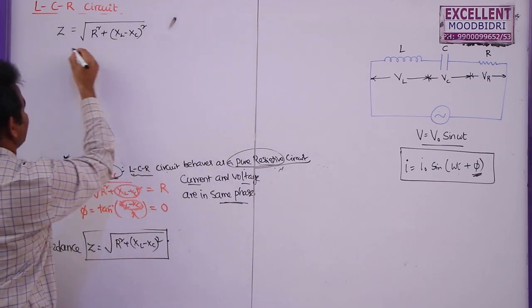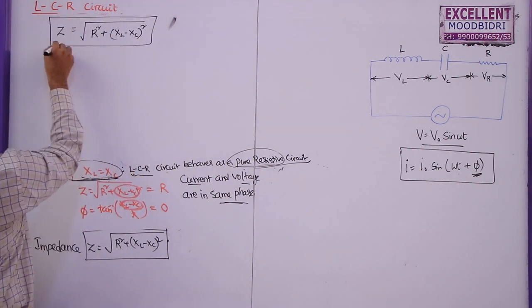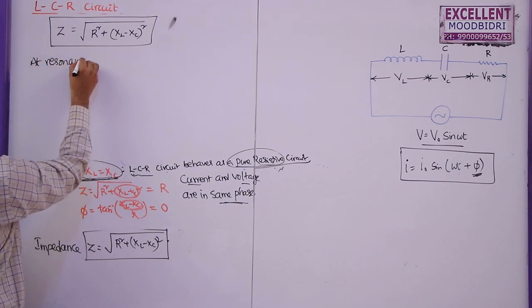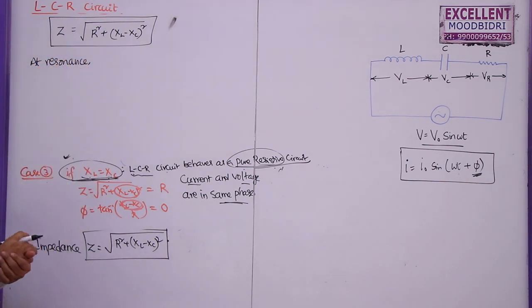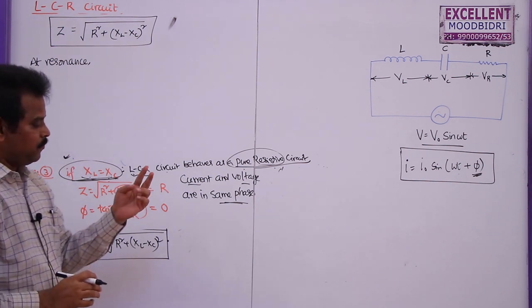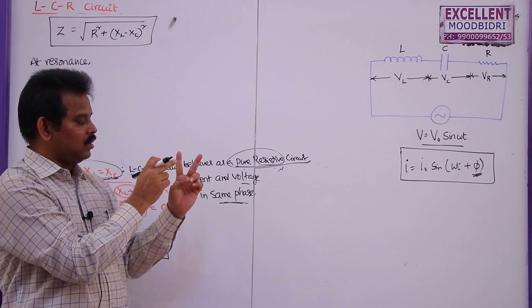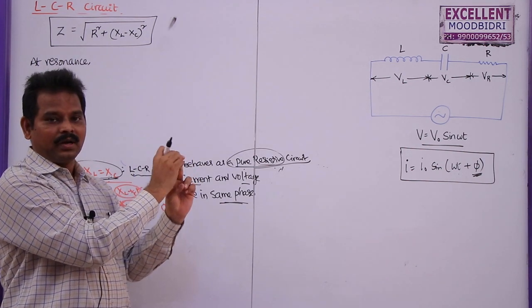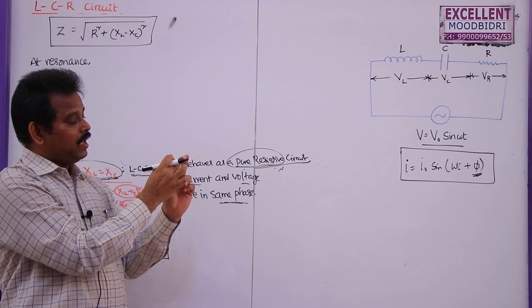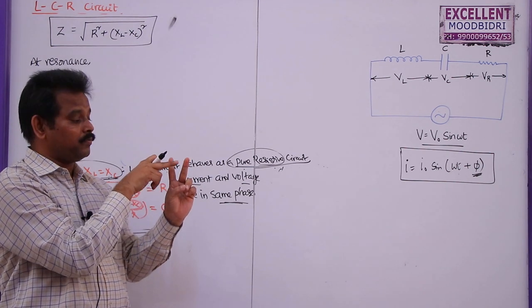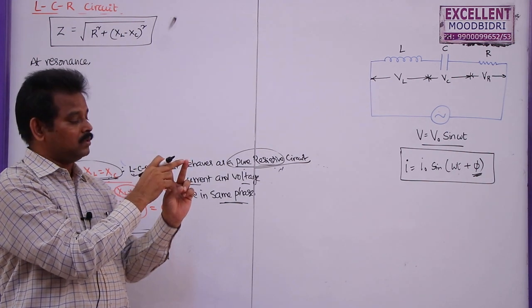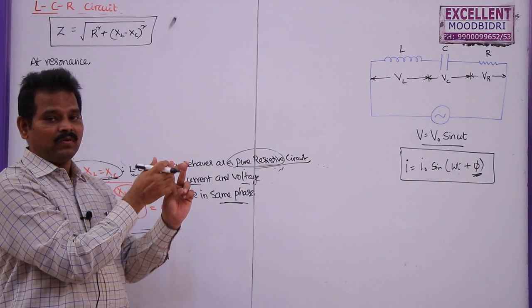Now this is the actual formula for impedance of LCR circuit. But at resonance, we studied this resonance in waves lesson also in first PUC. If the frequency of two bodies are equal, if one of the body is vibrated, the other body also vibrates with a greater amplitude, even though external force is not acting on it, as the waves are traveling to it, and the vibration in it will increase.